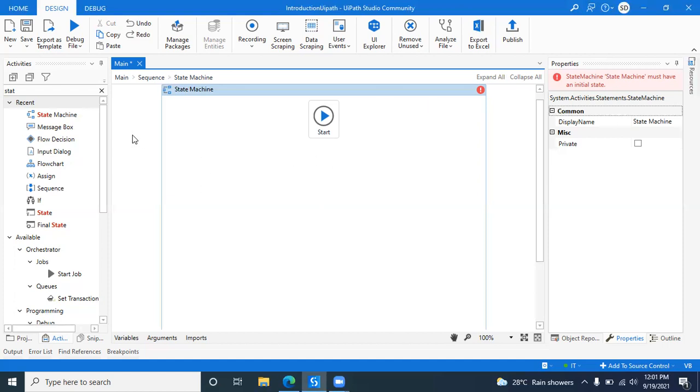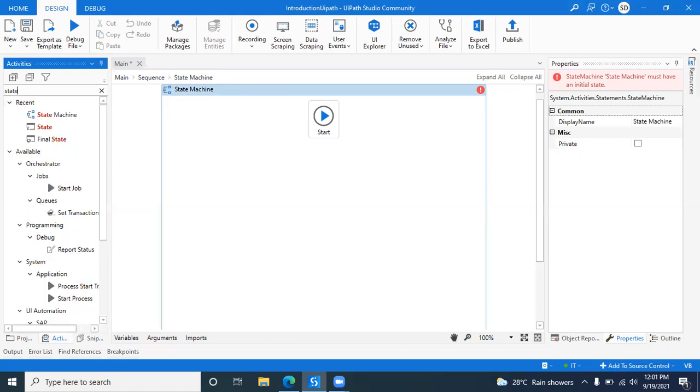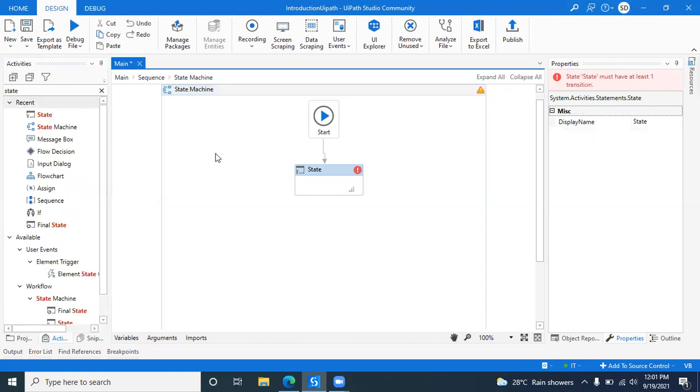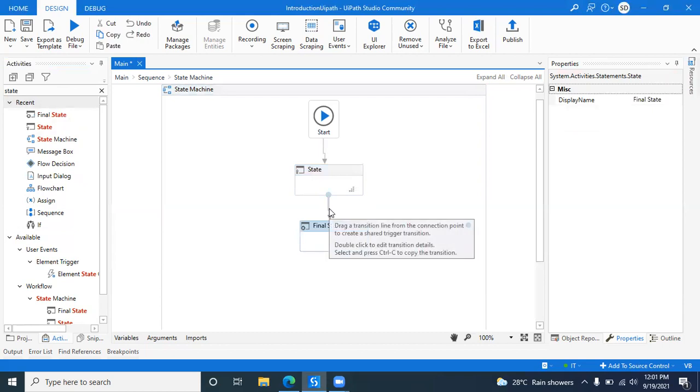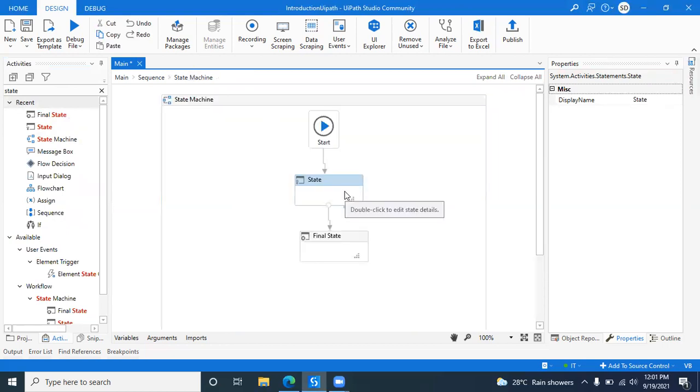So for state machines, you have two important things. If you search in the activities, there are two states. First one is a state and the second one is a final state. The final state is used for the last operations, you can click enter in a final state, and whatever intermediate operations you can use in a state activity. This is a bit complex, but just remember right now this is not necessary, so don't get confused. I'm explaining just for awareness what a state machine is and how to use it.